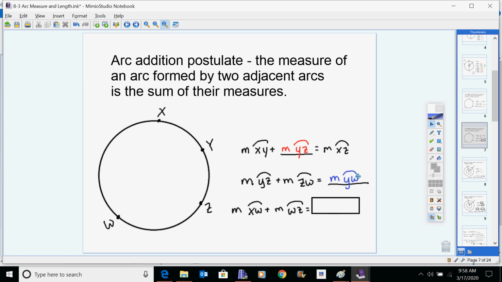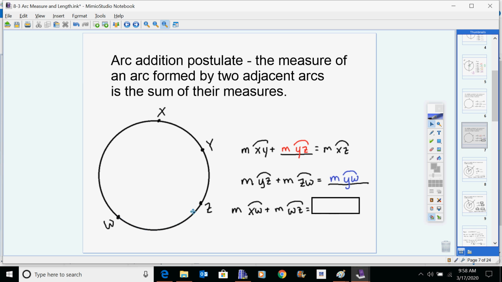But if you're in doubt and not sure whether it's over or under 180 degrees, it's not wrong to call it YZW, as long as the endpoints are the endpoints of the arc. And if I want to take the measure of XW plus WZ,